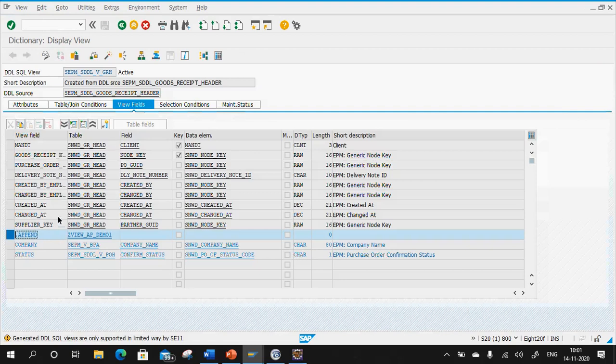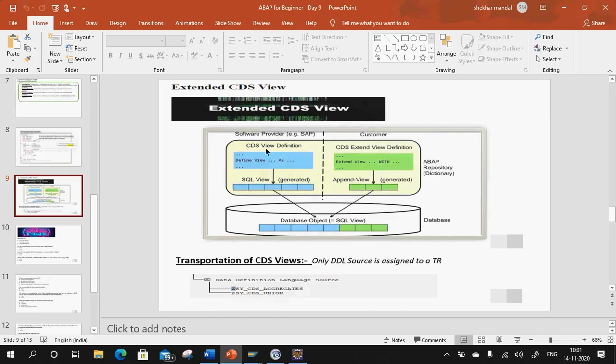This append will come like how we append our standard database views and tables. Similarly, it comes here because we added these two fields. Whenever we extend a CDS view, the software provider provided the CDS view definition and the generated SQL view, and when extending we create our own append view. We gave this append view name.